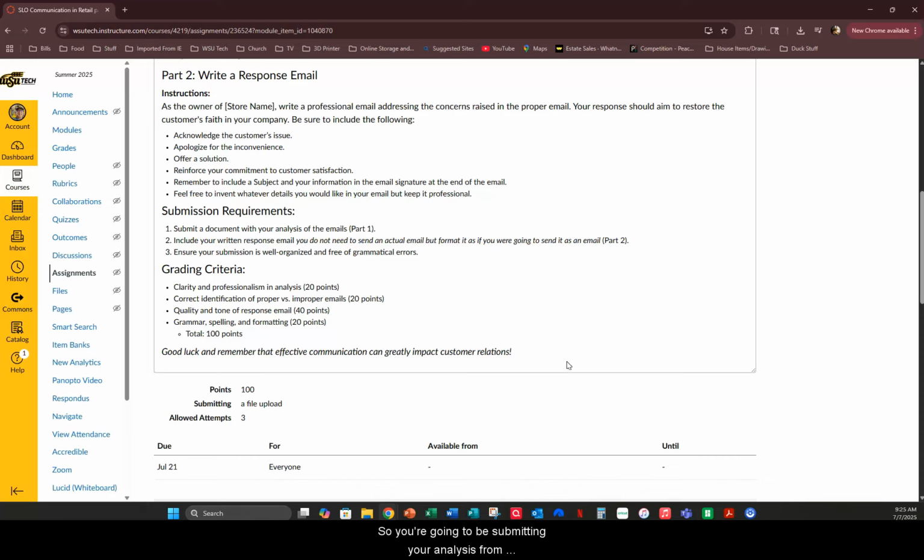So you're going to be submitting your analysis from part 1, and then you're also going to be submitting your response email. Now, they can both be in one document, but that document's going to be more than 1 page. But you don't have to submit 2 different documents. You can submit just 1 document with all the information. You can see